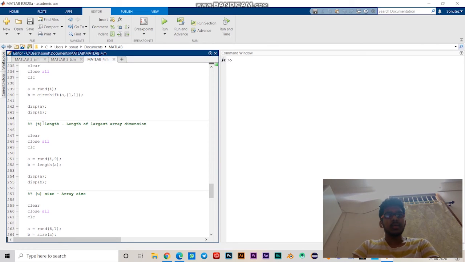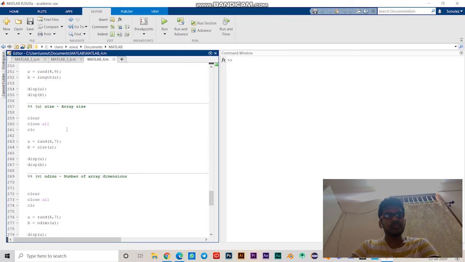And the command length is used so that we can get the length of the largest array dimension. For example, if we have a random matrix with dimensions 4 into 9, then we will get 9 as the length because it is the largest.